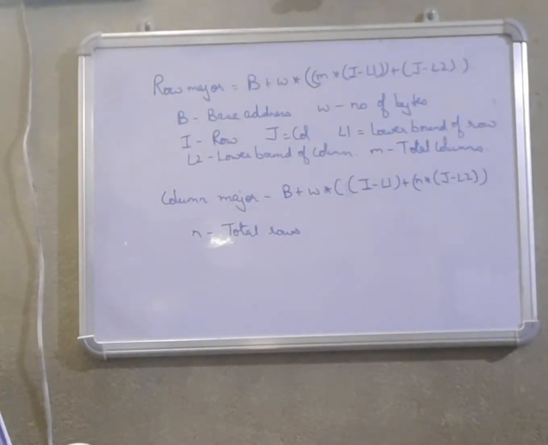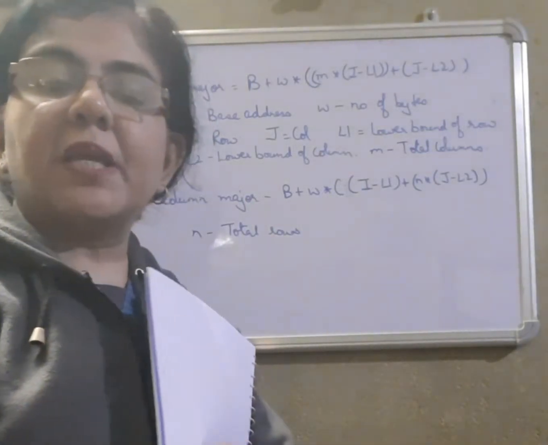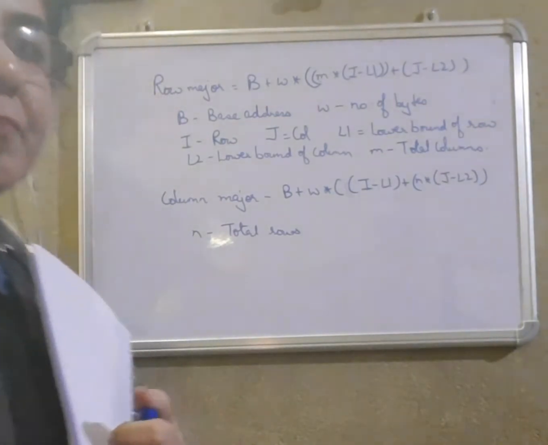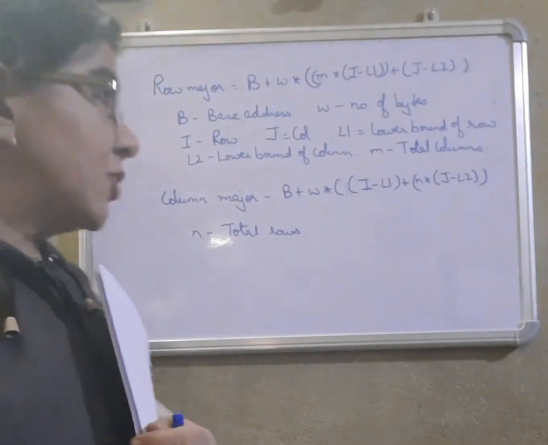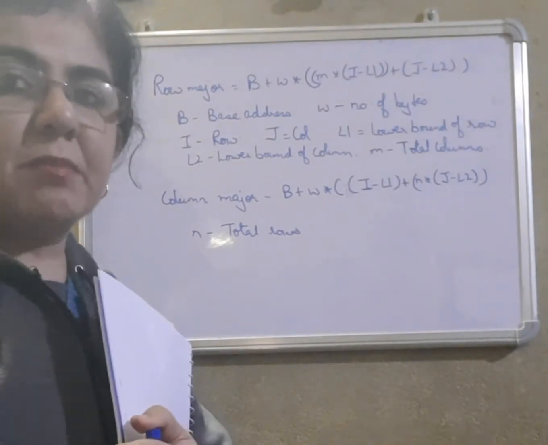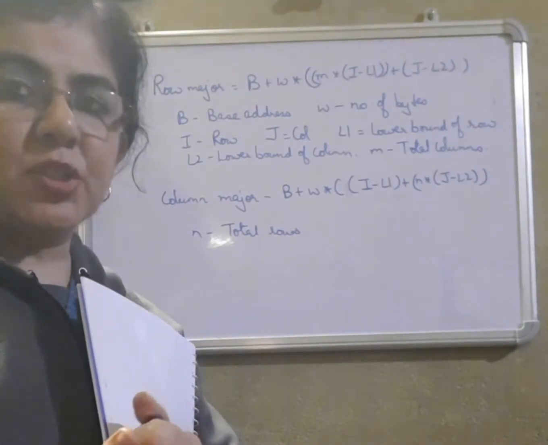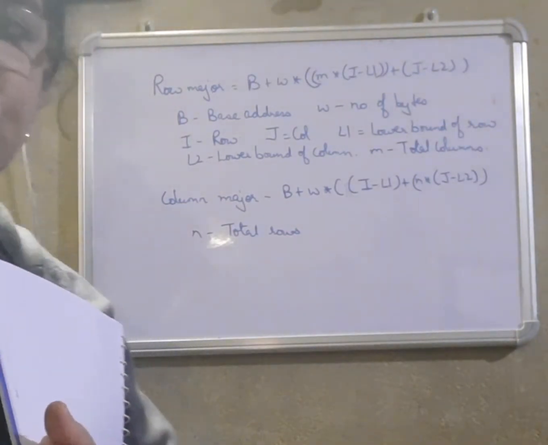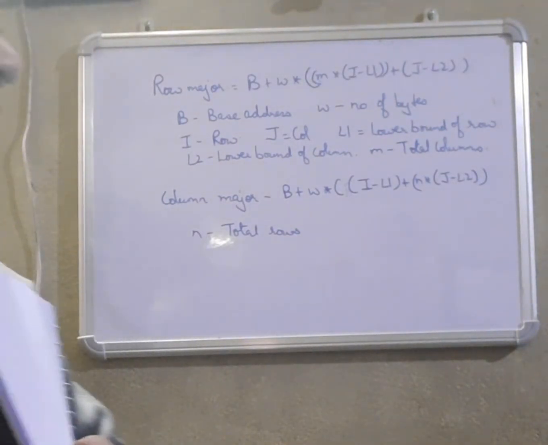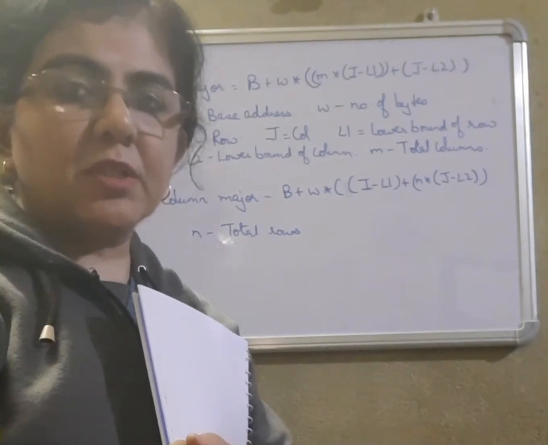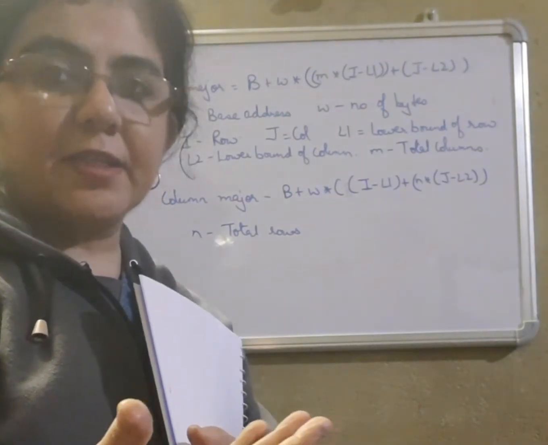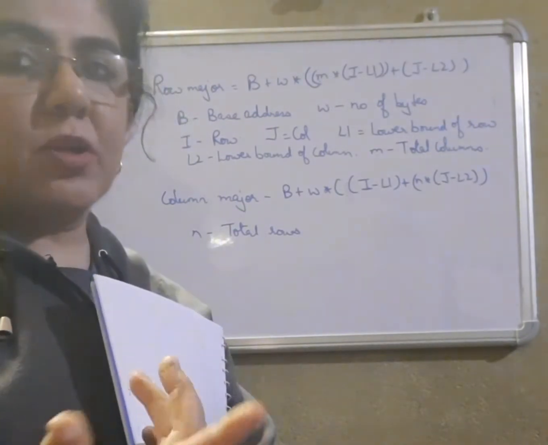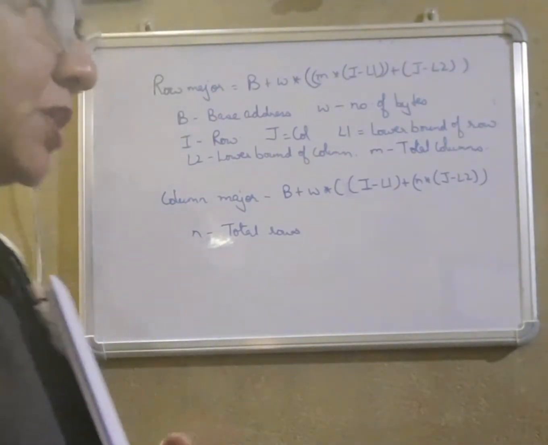Everyone. Today we are going to look at the topic address calculation, which comes in class 11th and 12th. Address calculation is basically on double dimension arrays. Row major and column major, two types of formulas should be known to each and every student, so that whenever a question comes that we have to calculate the address of any row and column, row major wise or column major wise, we should be able to do it.